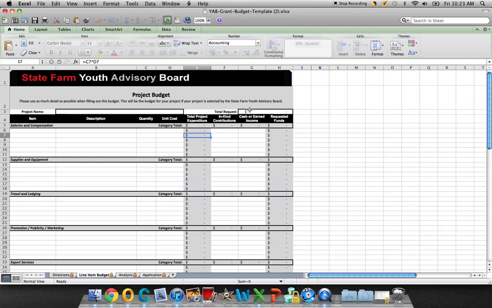So project name, total request, this is calculated. This will already be calculated by the gray boxes. So what you do is you're simply typing in, all right, let's say for salaries, let's say I've got a director, director of the program, and I spelled it wrong. I'm not going to take the time to go back. There's one of me. I want $50,000 a year, so I enter that, and as you can tell,